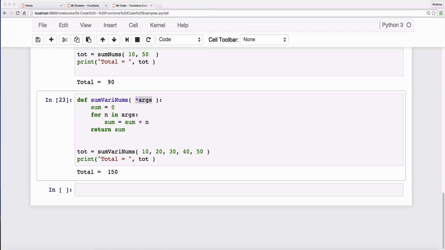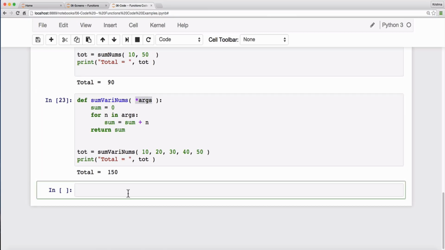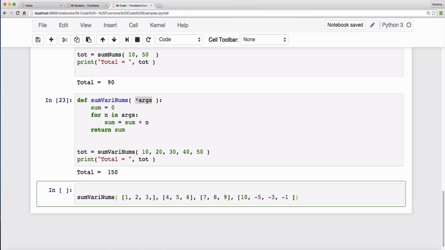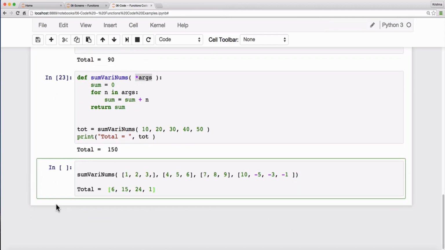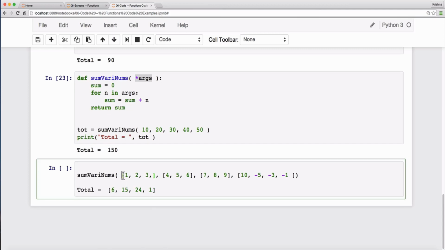Let me copy this. This is what I want to pass. This is the output I want. Here we are passing a variable number of list objects. This is one list, the second list, third list, and fourth list. We are passing 4 lists, and the output will be a list object, each containing the totals of these, like